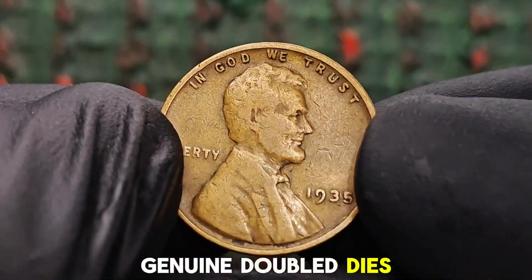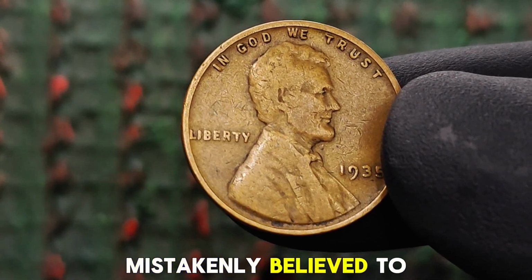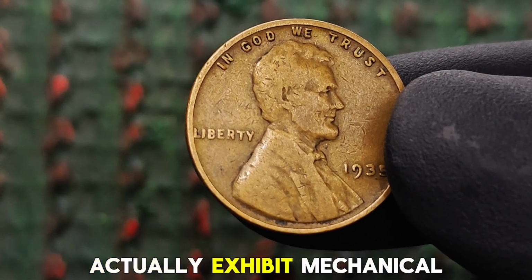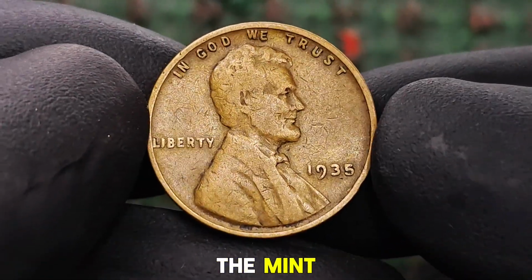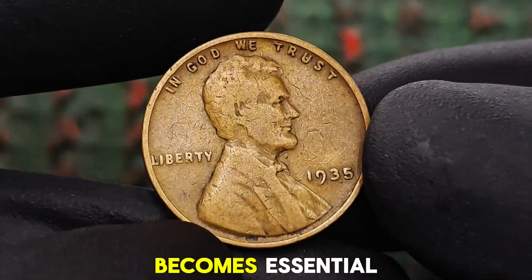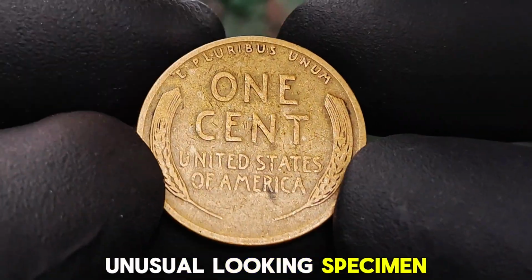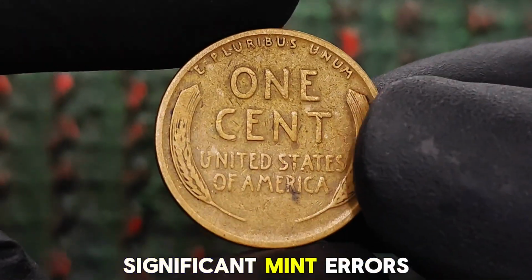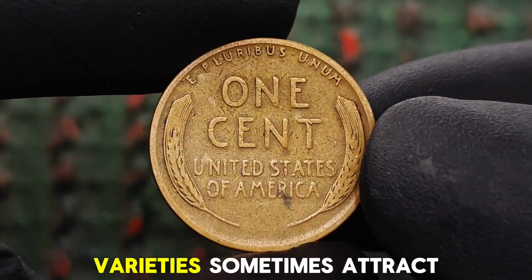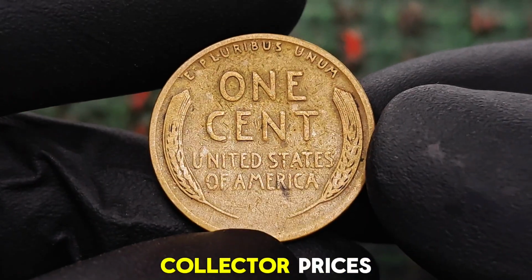Genuine doubled dies from this date are studied carefully, although many coins mistakenly believed to display doubling actually exhibit mechanical doubling or damage acquired long after leaving the mint. Authentication therefore becomes essential before assigning premium value to any unusual-looking specimen. Certified examples displaying significant mint errors or scarce die varieties sometimes attract competitive bidding far beyond standard collector prices because